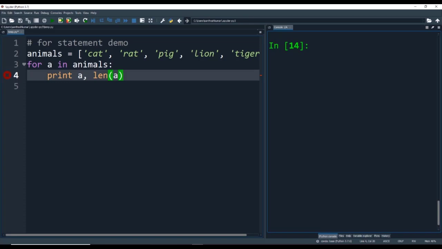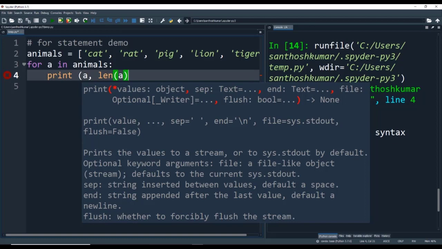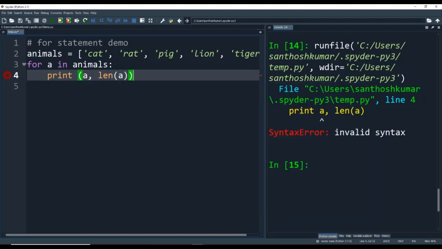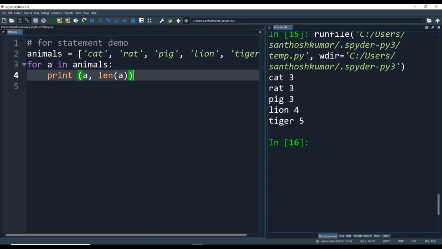When I execute it, I'm getting a syntax error. I think it's because I have not included the brackets in the print statement. So I'll include the brackets as per the syntax of the print statement, and I'm running again, and here, as you can see, you see each element in animals and its length.